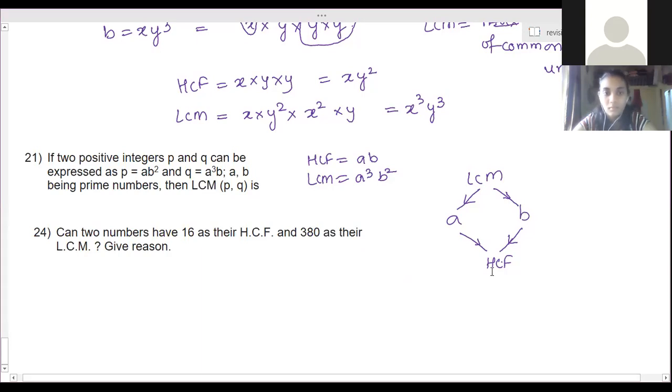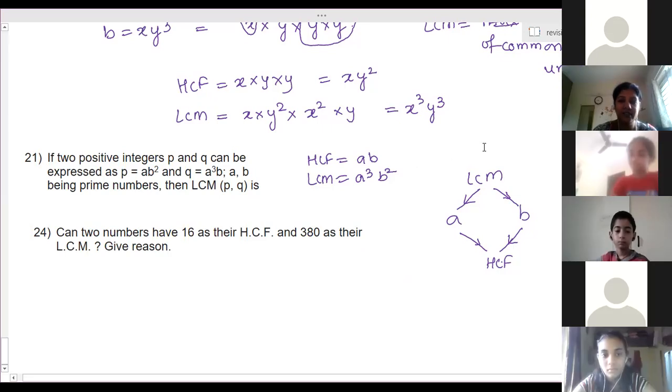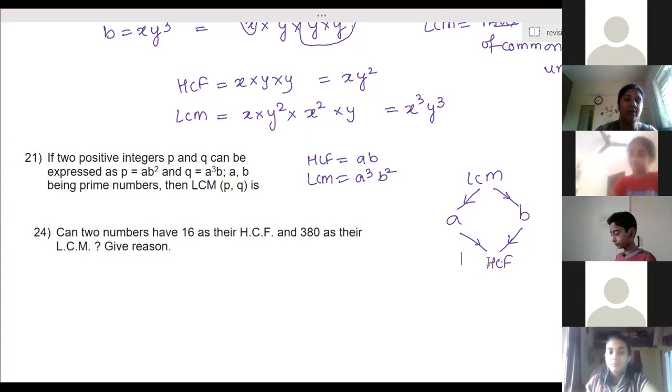So just like 64 is divisible by 8 and 8 is divisible by 4, can we say 64 is also divisible by 4? Able to understand the relation? Yes, ma'am. Suppose 64 is the LCM of 4 and some number. It is divisible by B, that is, it is divisible by 8. And 8 is divisible by 4. So 4 is a factor of 64 also. So always remember that HCF is always a factor of LCM. That means HCF always divides LCM.